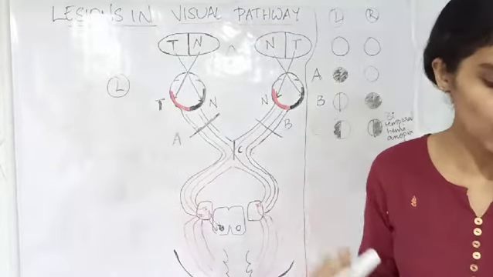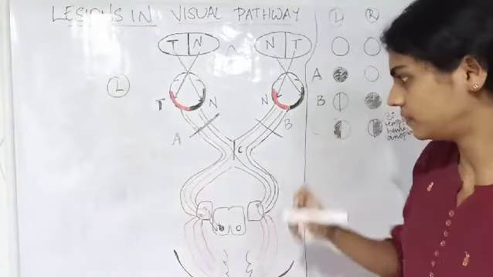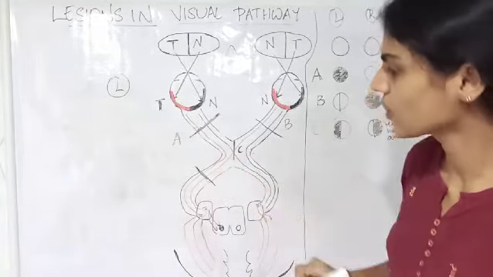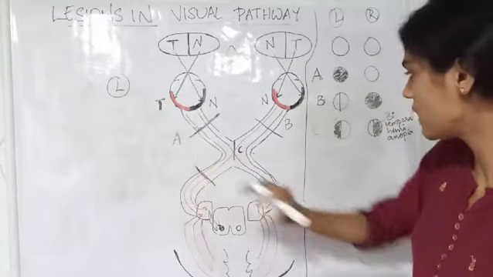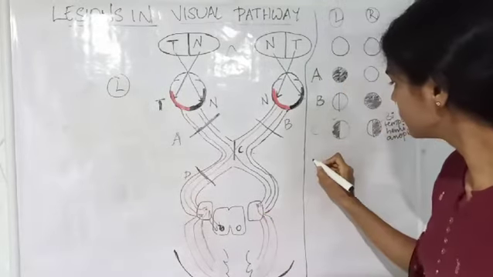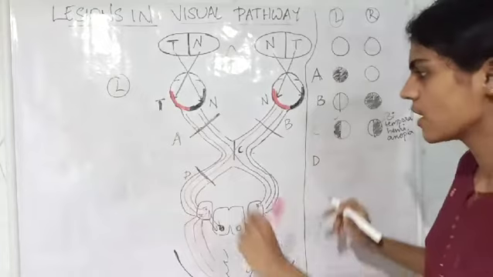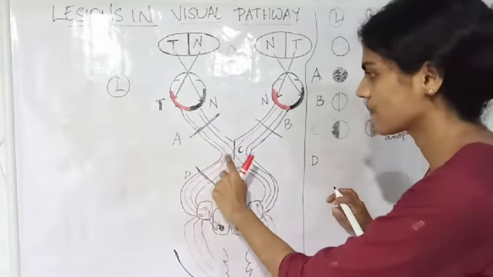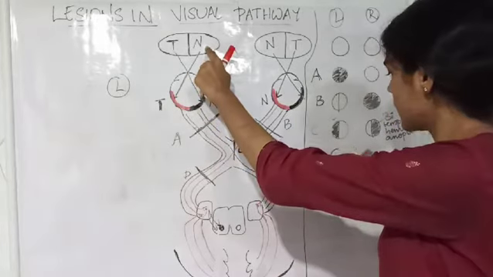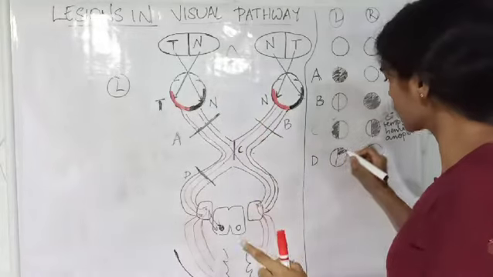Okay, now we are moving on to the next scenario. If we are having a cut here, that is, if you see D, we'll just follow the nerve fibers. First nerve fiber is this. This goes to the temporal, which is supplied by the nasal, nasal of the left. So nasal of the left is gone,